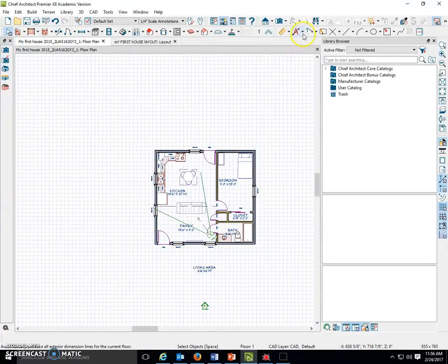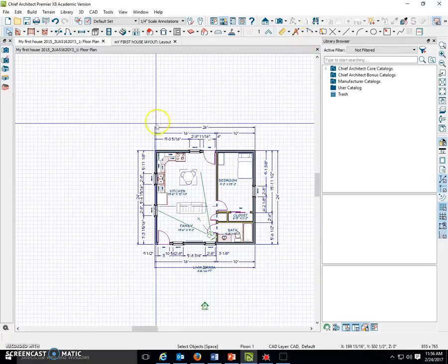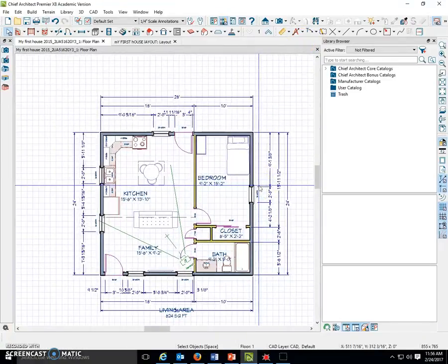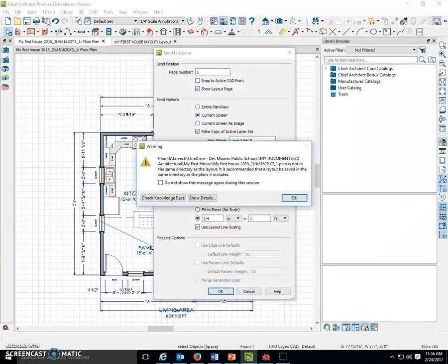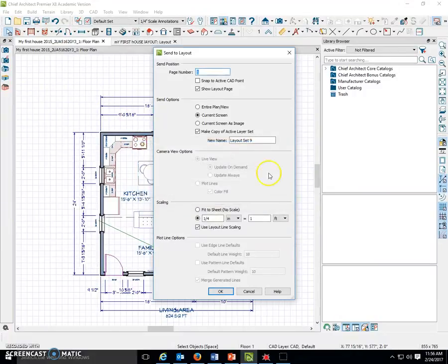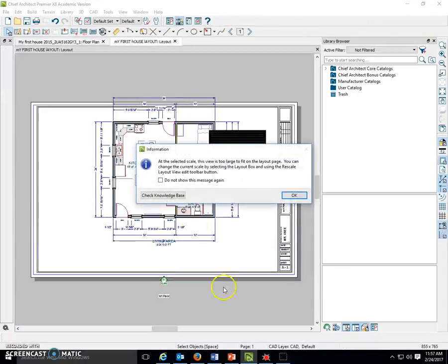So now we're set up to put the dimensions on and then send this to the layout. To do that, you click the auto dimension tool here, and that puts your dimensions on. And now to send this floor plan to the layout, just like you did on your shed, you'll click send to layout. It's just a warning coming up. It's going to send it to page one. And on this one, we want to do the entire planner view at 1/4 inch equal a foot. And when you say OK,